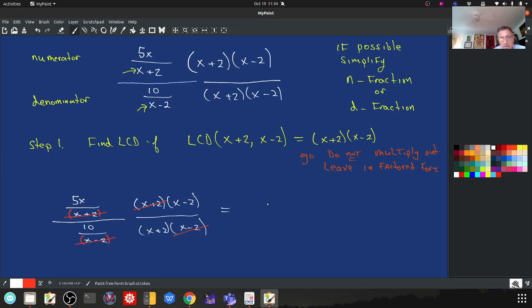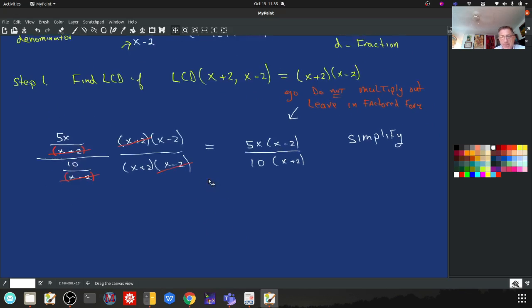The top becomes 5 times x minus 2. And the bottom becomes 10 times x plus 2. Again, the same thing here is true that I wrote in red here. Do not multiply out. What we want to do is simplify. We don't want to multiply out. And it can be simplified